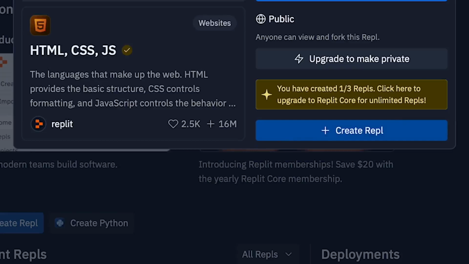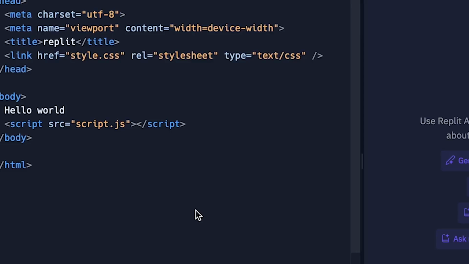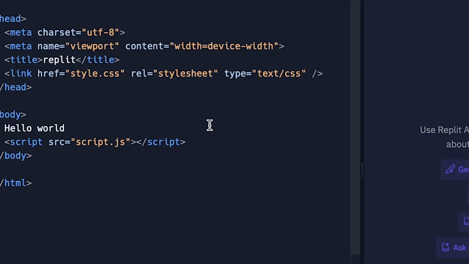Now, name your project something like, say, my portfolio, or whatever you want. Sweet. And then click create repl. Brilliant. Now you've got your workspace ready. So let's move on to actually